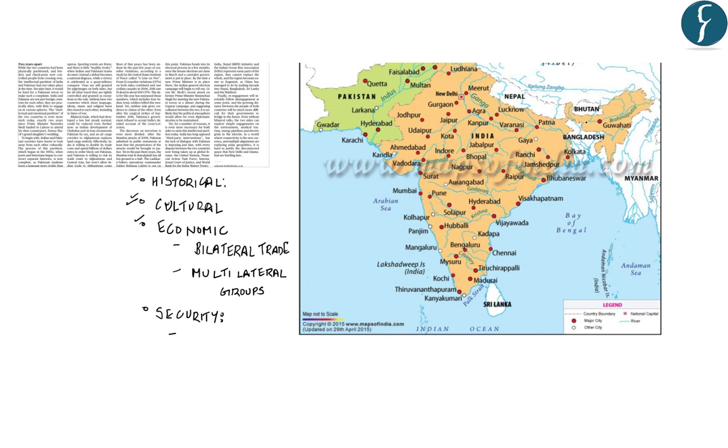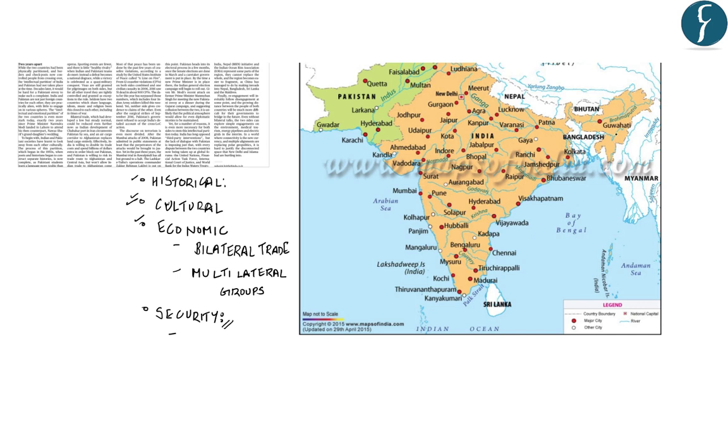So like we have very cordial relationships with Bhutan, now with Bangladesh also. With Nepal, we have good relations. With Pakistan, we have a different chemistry. So we need to focus on the security aspect. What kind of measures is the government of India taking to protect the country from security dangers from across the